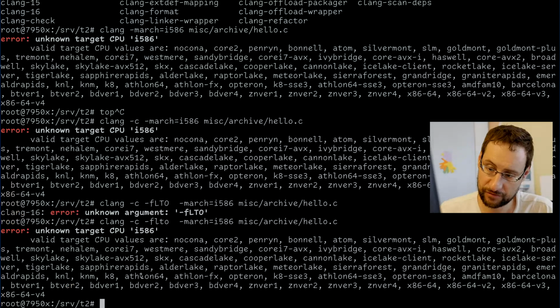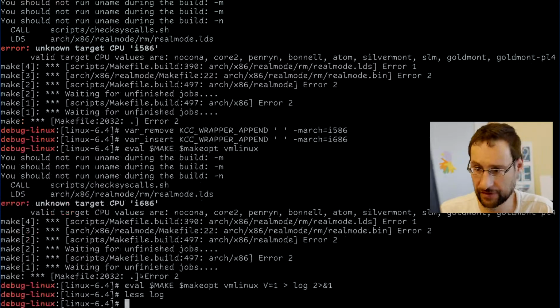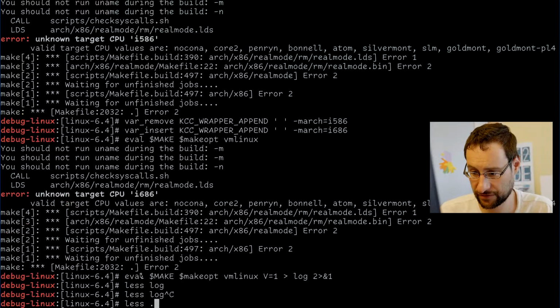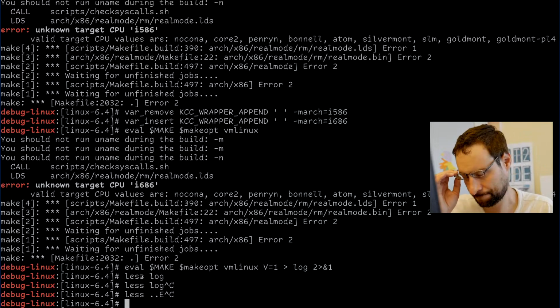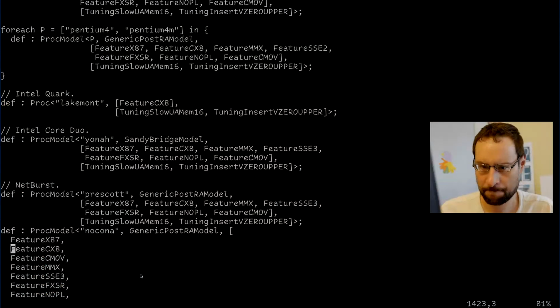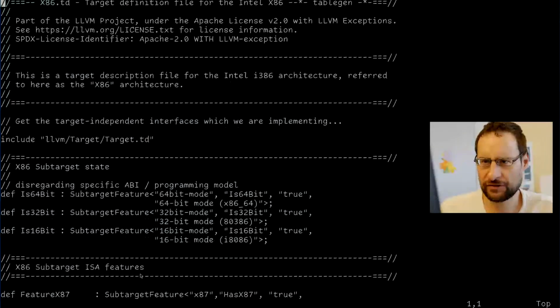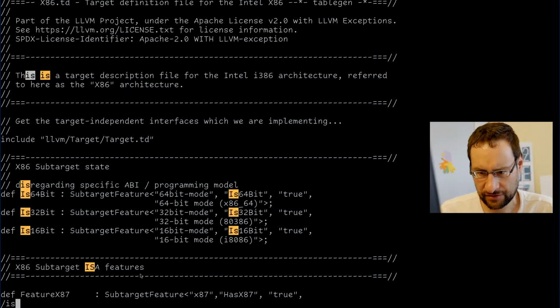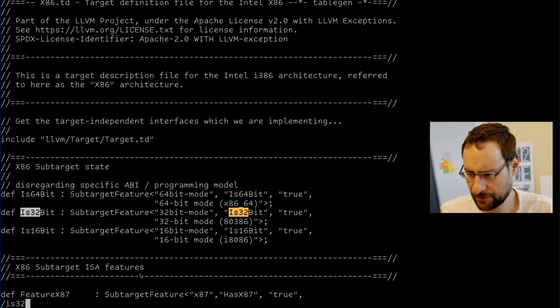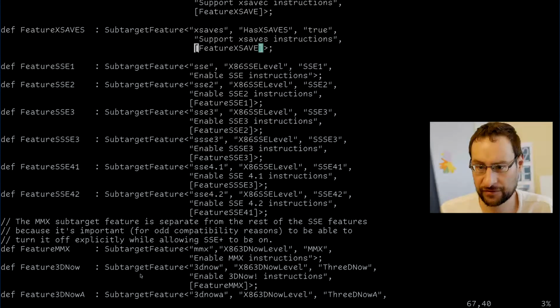Why do most of the files build then? I mean, surely lots of other stuff was built at this point. So the thing is, what even is that? Some table generation also. Where do they use is 32-bit, 32. Okay, this is just sub-target features.